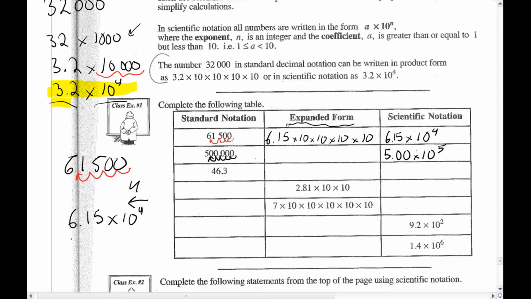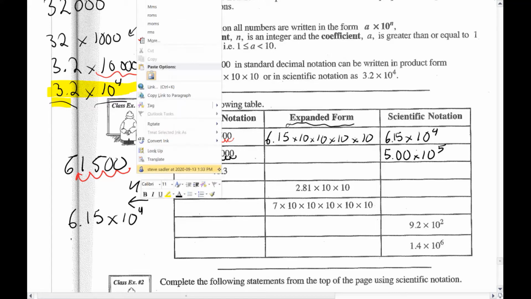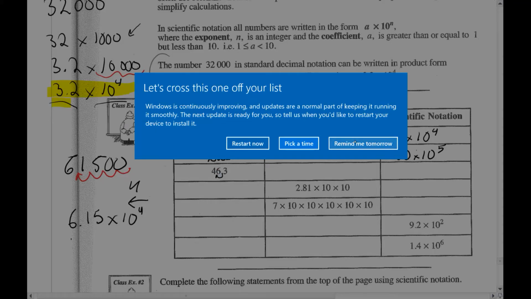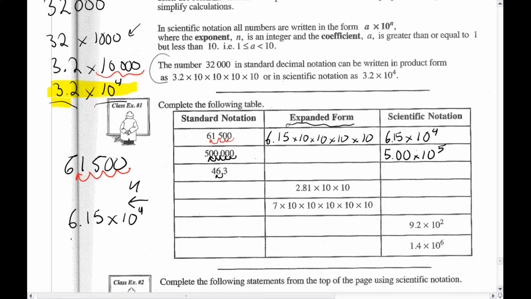With 46.3, the decimal place is already in the number, so we just want to move it 1 to the left, which means we're going to have 4.63 multiplied by 10 to the power of 1. So it's kind of silly to do it with this small of a number, but when you've got bigger numbers, 10 to the power of 5, 10 to the power of 4, it does get